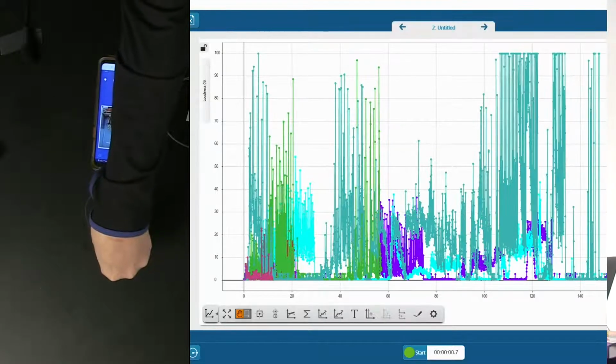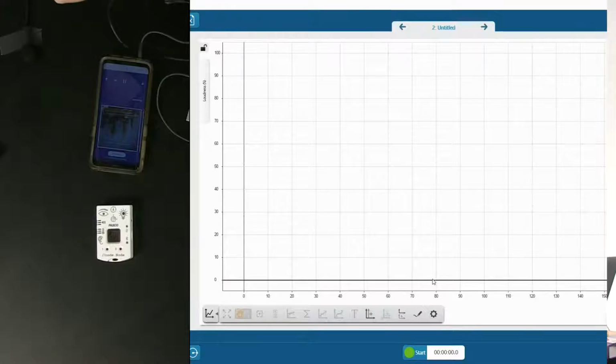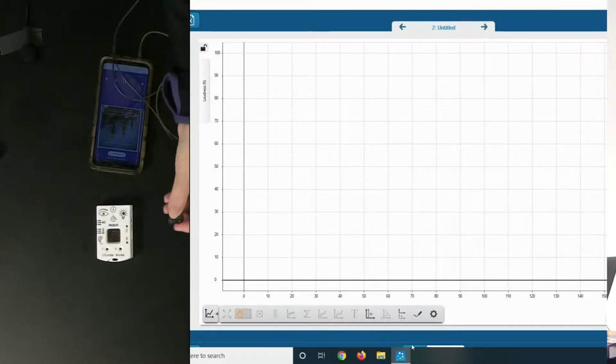Oh, I don't know why. My screen isn't clearing. Hang on one second. Yeah, I want to clear all those runs. Let's get rid of that. You can tell I've been playing a lot. Got a lot going on there. I can easily delete my runs, have a nice clean graph. There we go. All right, let's give it a whirl.